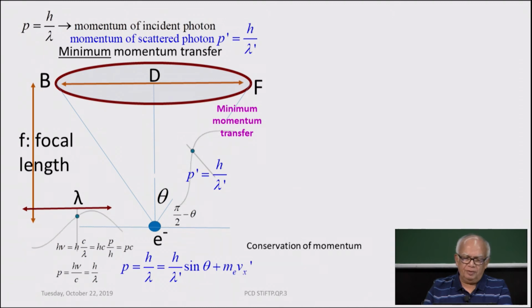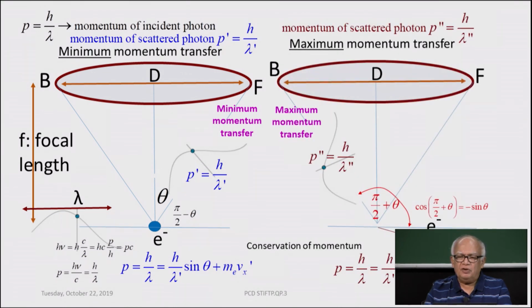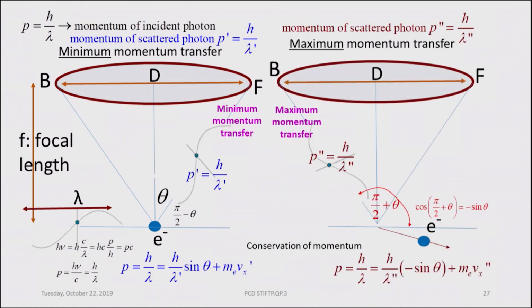So, you can write the conservation of momentum and get the momentum for the electron, the scattered electron. You can do this for the other possibility also,